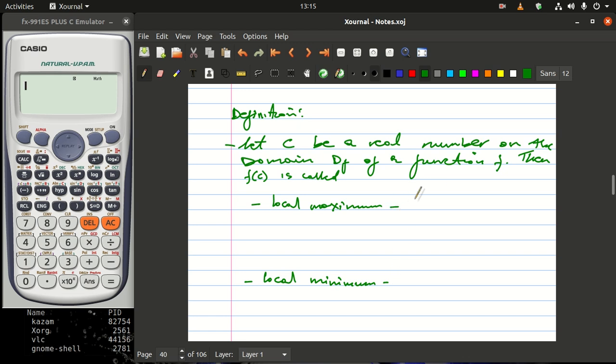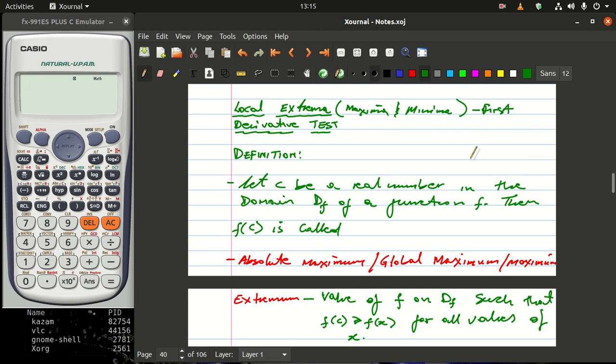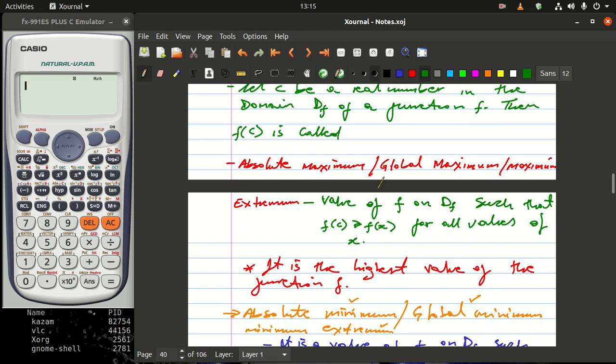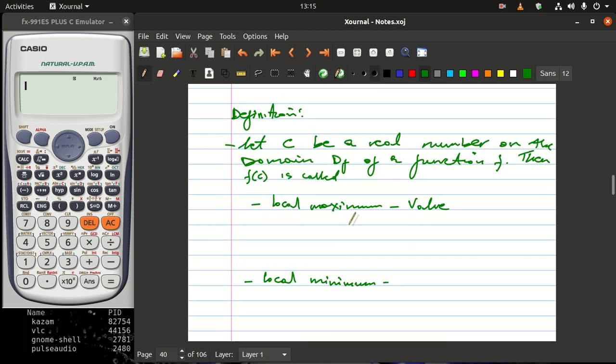So what is the local maximum here? The local maximum is a value. First of all, I want you to notice something here before I proceed. We are not talking about the x value here. We are talking about the y value. So we are talking about the highest y value or the lowest y value. So here it is a value of f on Df